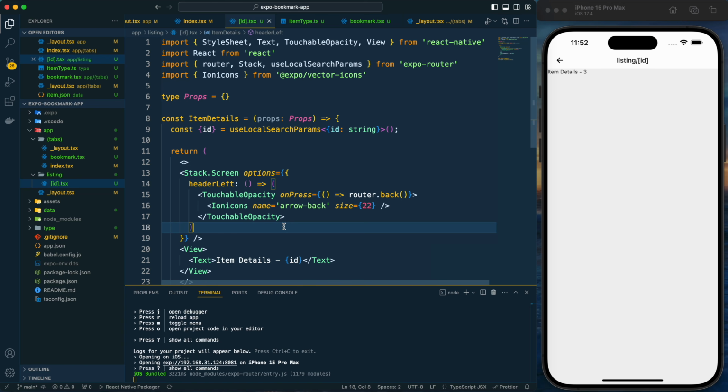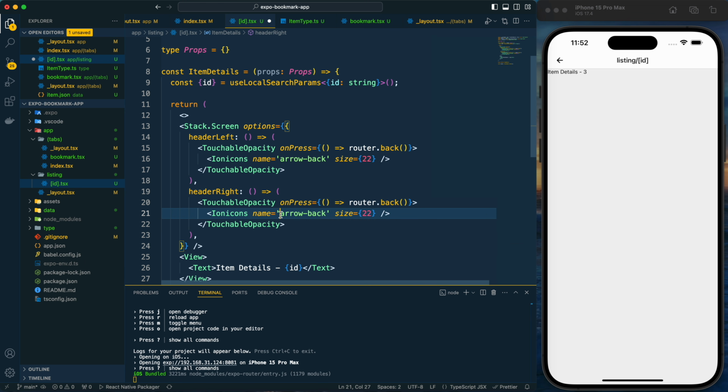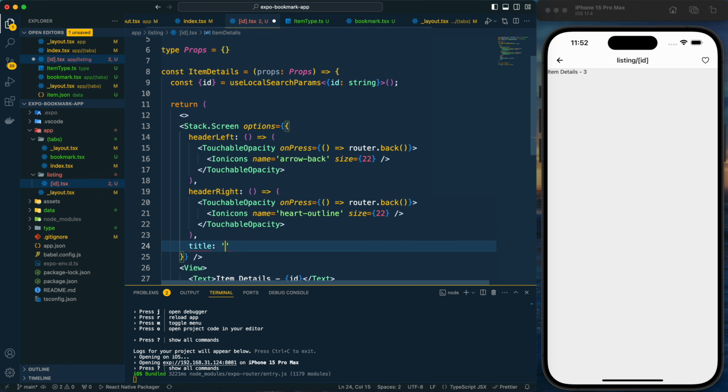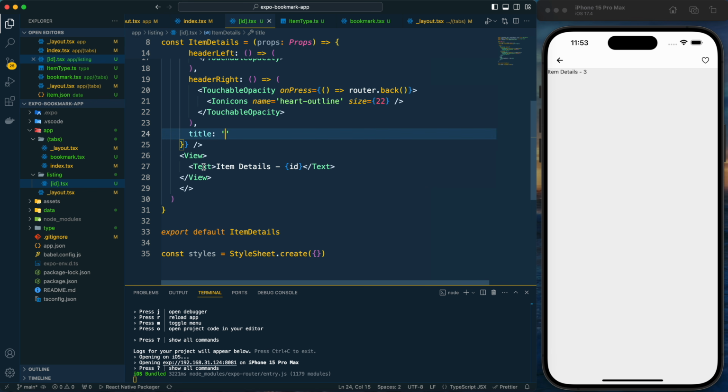Now after that let's provide header right. It will be similar to this, so let me just copy it and it will be header right, and instead of the arrow back icon it will be heart outline. Now for the title I will provide nothing. Now after that within this view I need to provide the item details, but I'm going to change the view